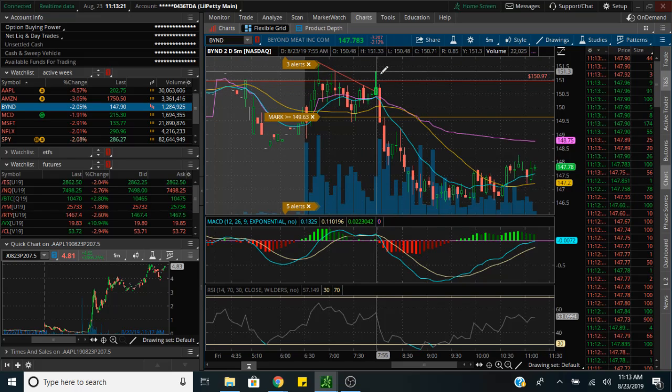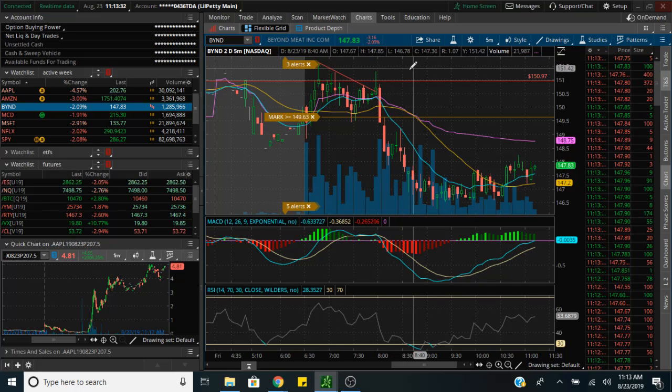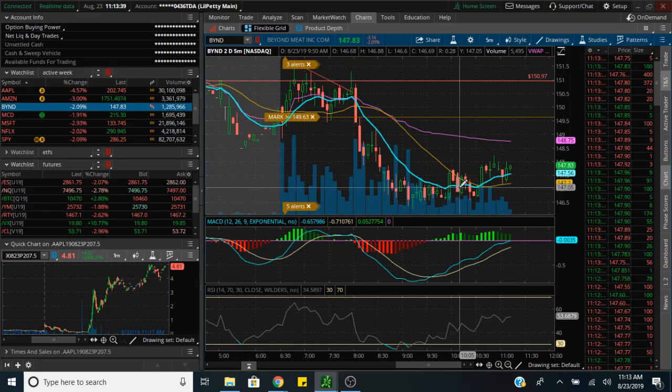And like I said, when we got up here, that was getting close to getting stopped out, but I remembered because we busted these wicks. I'm like, I remember this is the top right here. So if it busts up here and sets and holds, then that's your stop to get out. But we played a daily contract, so you know it's risky. But the risk paid off today. And as you can clearly see,